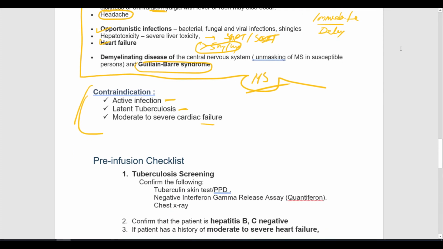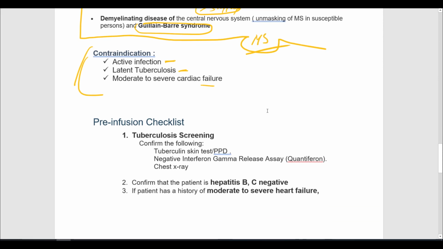Now there is a pre-infusion checklist, that is, prerequisites before giving an infusion of infliximab. What are they? Number 1 is tuberculosis screening. That means you have to exclude active or latent tuberculosis by the tuberculin test, that is called the Mantoux test, and the gamma interferon assay, that is called quantiferon. Very important test, used over the last few years: quantiferon. Quantiferon is the gamma interferon assay test, and the old is gold, chest x-ray. By these three tests